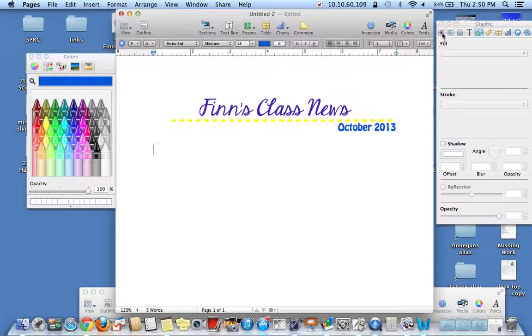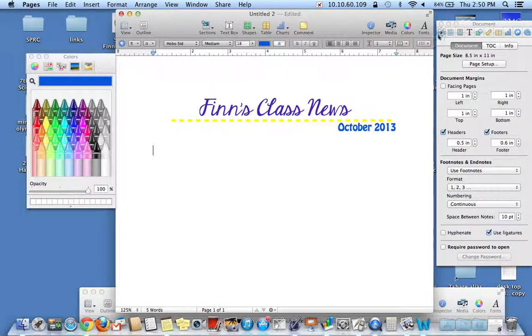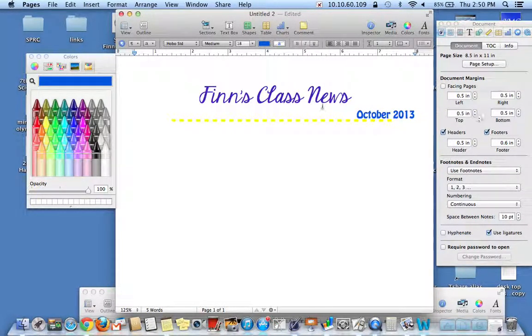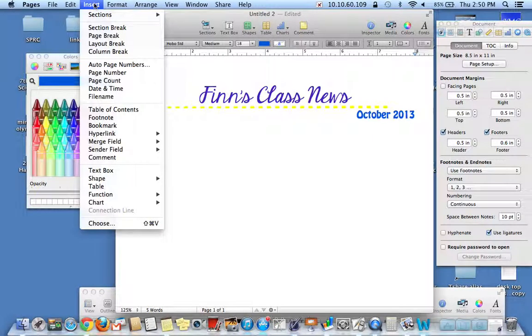I also forgot the step where I need to decrease the margins. So that's this first button in the inspector. I'm only changing the document margins, not anything else. I'm going to decrease all the document margins to 0.5. That might mean I have to fix my line. Once I'm back down here, you can see my cursor's right here. Now I'm going to go up to Insert,